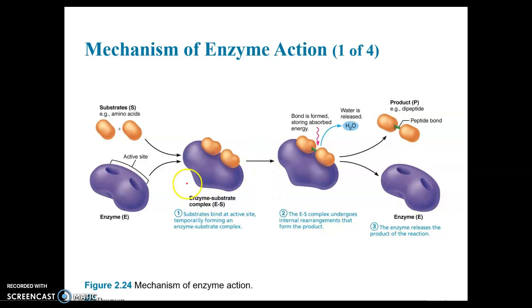And you're looking here at 2 amino acids. They bind to their active sites, which are designed to have a shape that is similar to the shape of the substrate, in this case, amino acids. They bind to the active site on the enzyme. They are joined chemically together. Water is released because this is a dehydration synthesis. The product, which is a dipeptide, is released, and the enzyme can now carry out more